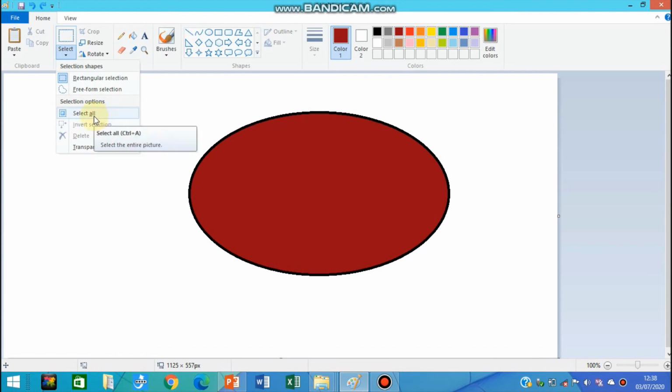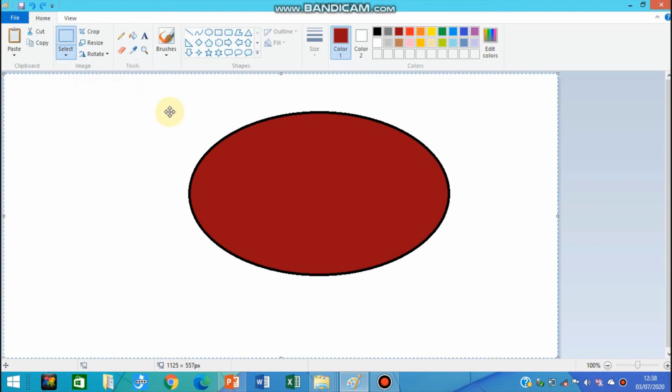Now if you click on this select all, you can see that your whole drawing has been selected. In this way you can use the select all command. And for what purpose select all command is used? It is used to select all the objects in the drawing. If you want to select the whole drawing, then you can use the select all command by moving inside the select option. A drop down list appears, and from that list you have to select the select all command. Now you can perform whichever action you want on this drawing using the select all command.